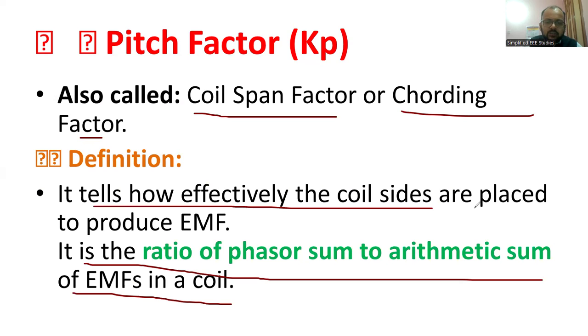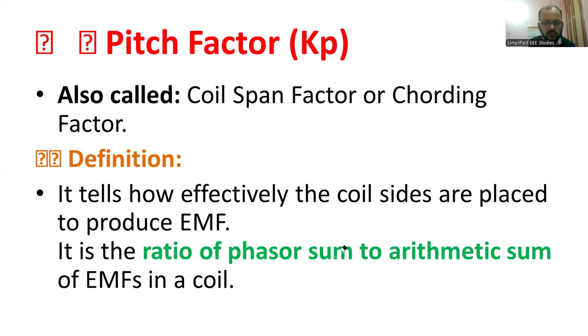It tells how effectively the coil sides are placed to produce certain EMF. So the production of EMF plays the most important role in the case of Kp, pitch factor. So if I want to write an EMF equation, I must include the pitch factor. It clearly explains how efficiently the coil sides are placed to get a certain EMF across the stator terminal of alternator. If you divide the phasor sum by the arithmetic sum of EMF, then I will be able to get the pitch factor,